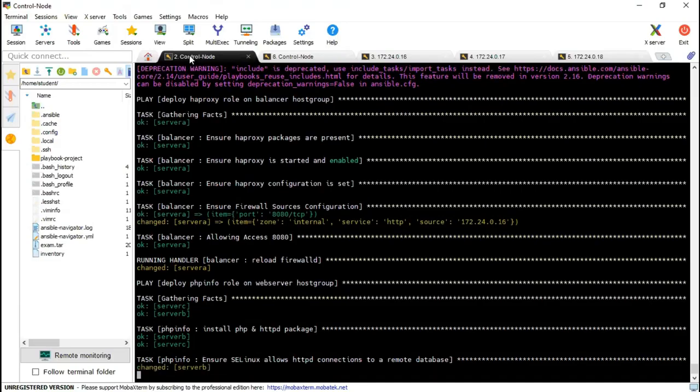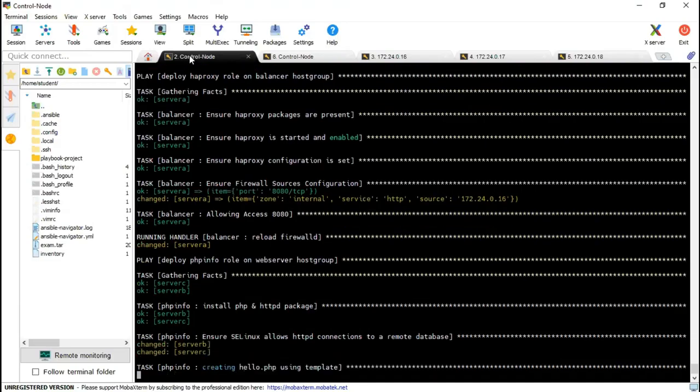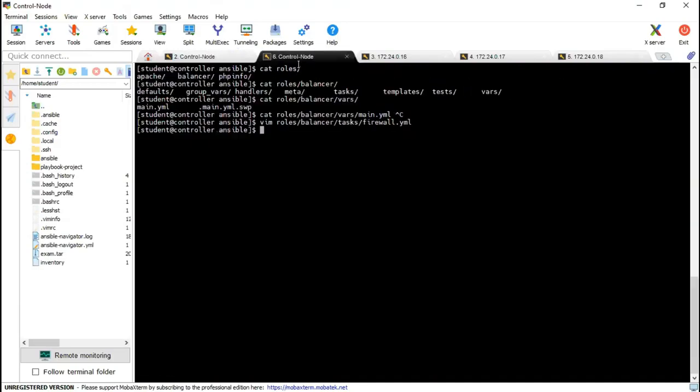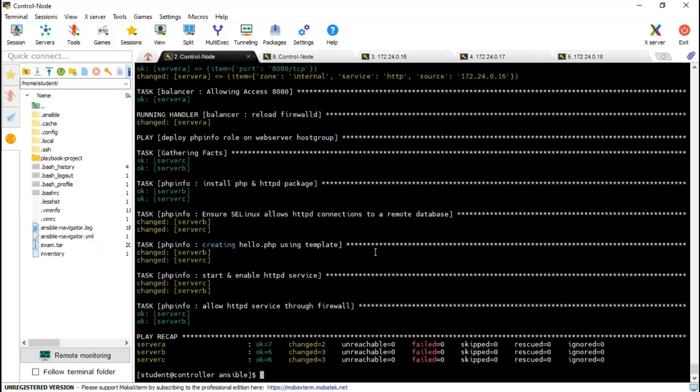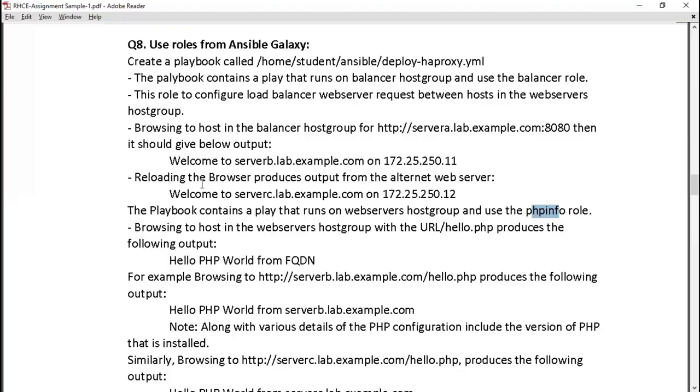What is service? What is port? Service is say Apache, port is different, right? Both are different. Service is HTTP and port is 8080. So in one firewall rule, either you can mention port or you can mention service. If you mention service HTTP, it will automatically take port number 80. But here we need to do 8080. So we need to remove the service part. Okay, so this has been done. So go back to the question.